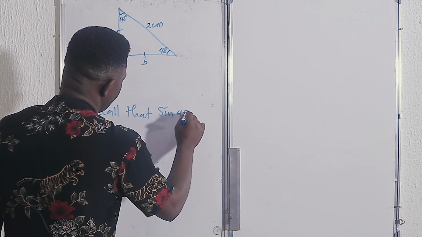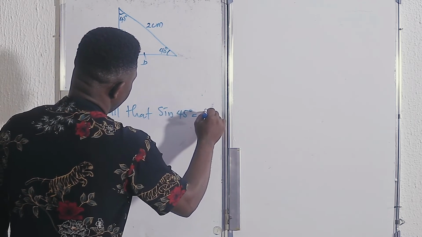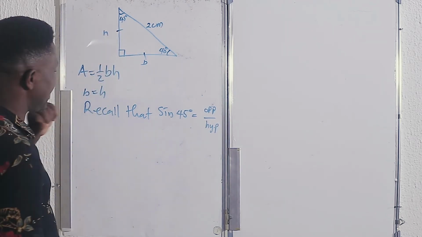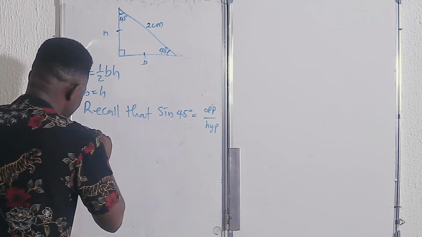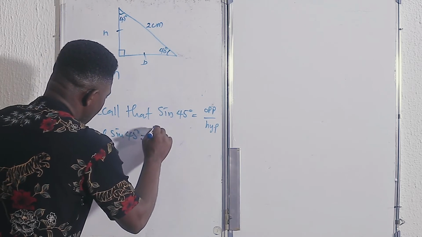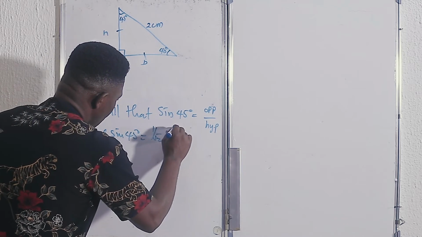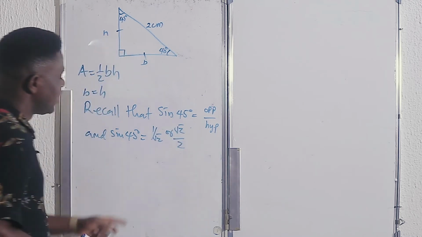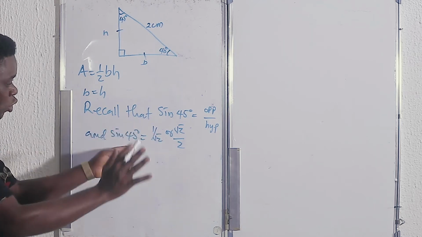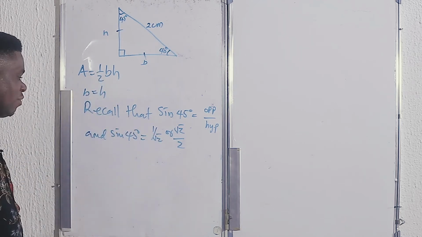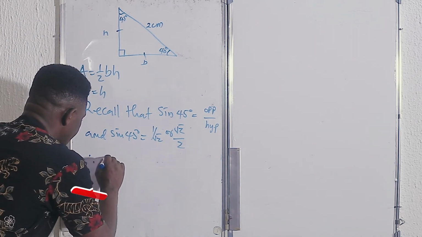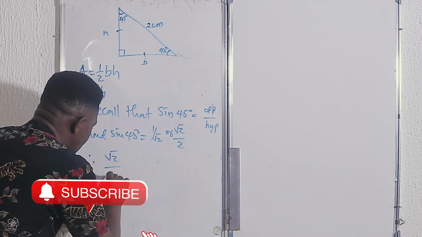45 is equal to opposite all over hypotenuse. The opposite side in this case is H. And sine 45 is equal to 1 all over root 2 or root 2 all over 2. This is trigonometry. It's known that sine 45 is either 1 over root 2 or root 2 all over 2. Therefore, root 2 over 2